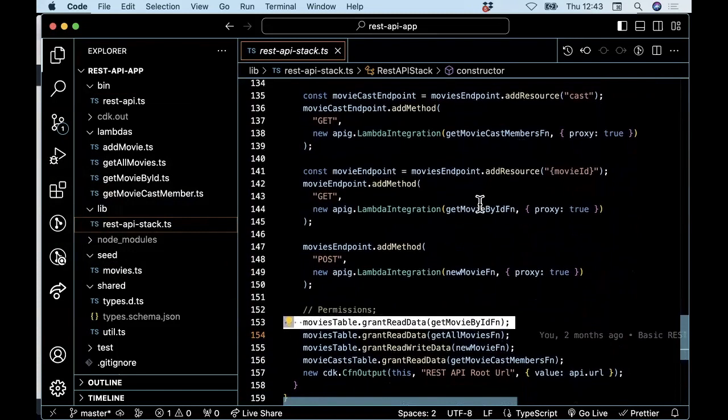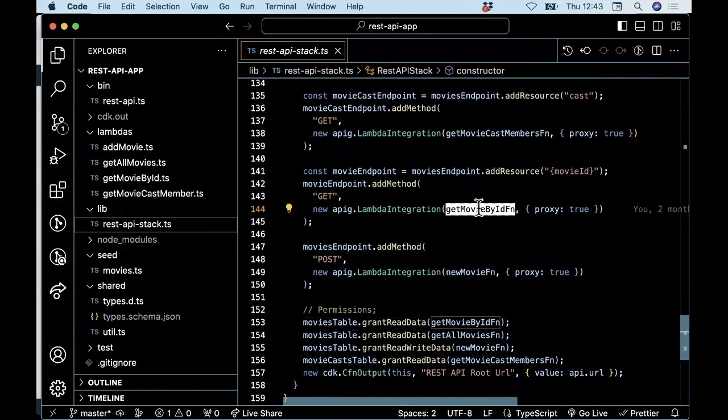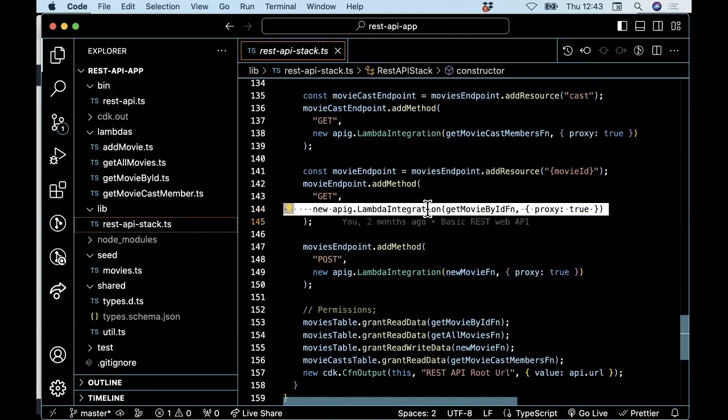Here we go. There it is there. Because I'm associating this Lambda function with a Lambda integration for my API gateway, that means that the resource-based policy for this Lambda function must allow API gateway to invoke the Lambda. And that would be determined by the resource-based policy associated with the Lambda. But because of the code that I'm just highlighting here now, because of this code in my CDK script, behind